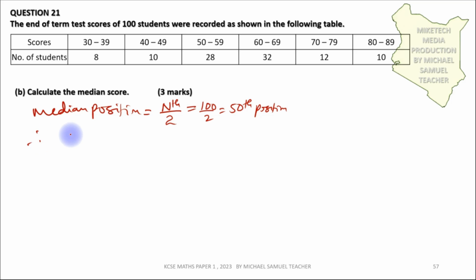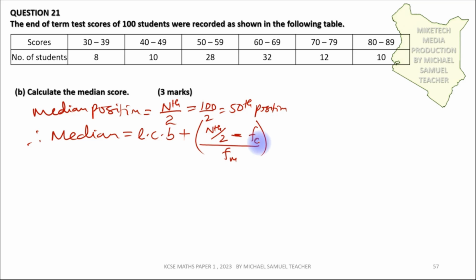Then, using the formula, the median is given by the lowest class boundary, plus n over 2 minus the cumulative frequency preceding the median class, divided by the frequency in the median class, then times the class interval. So for our case here,